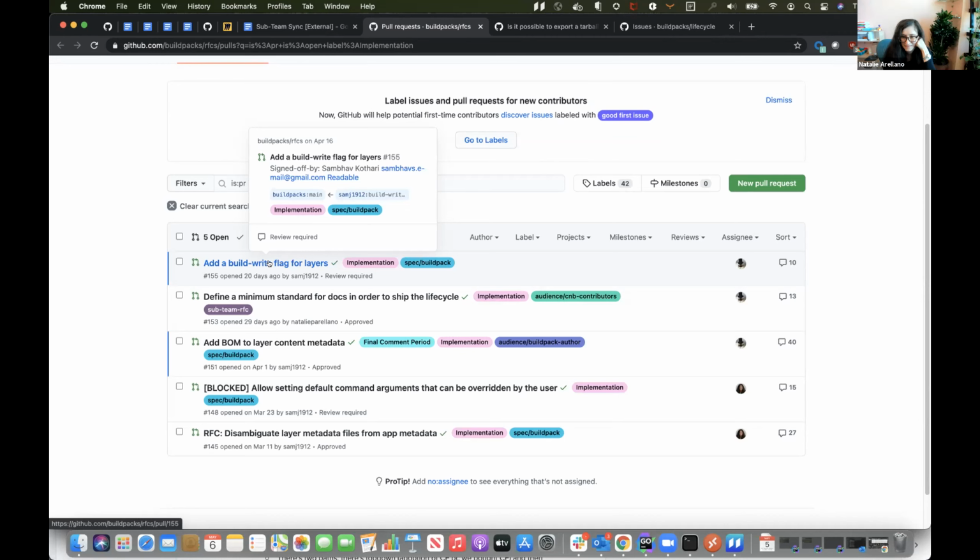From an audit perspective, it seems really odd to allow someone to modify someone else's layers, right? Because you just won't know. You look at the image and it looks like it's just by Android SDK and you're like, oh, they committed this really suspicious file. And really it's buildpack X from 10 buildpacks down. Anyways, I don't think we're going to get to a resolution right now, but I just wanted to get you all thinking about it.